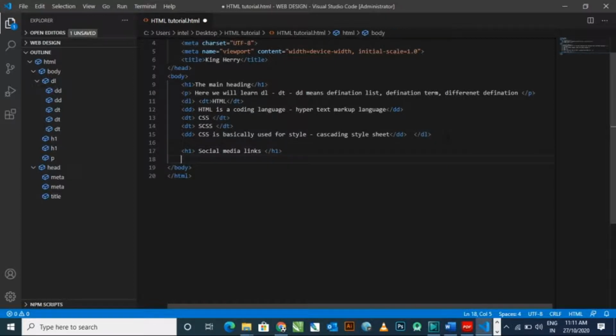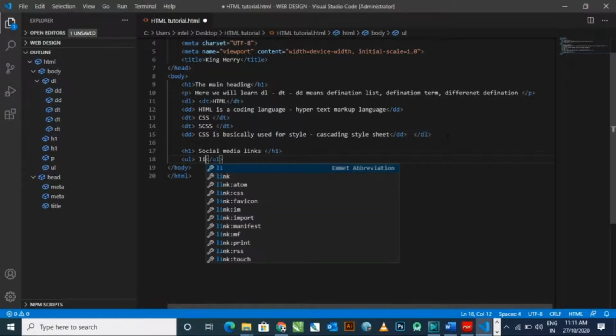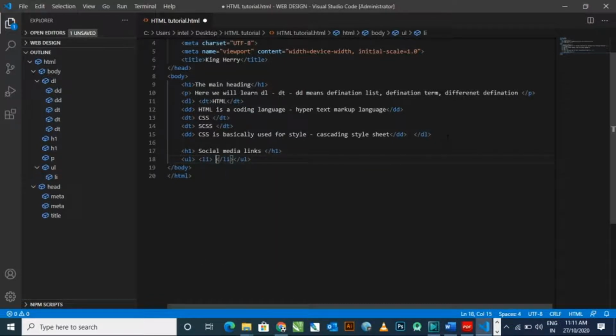Now I'm talking about if you want to redirect someone to a particular website which is linked with that description, like social media links, Google, Facebook, LinkedIn. If you want someone to be redirected in a new window, I will show you how. Here I am using the UL element, which I taught you before in my previous video.